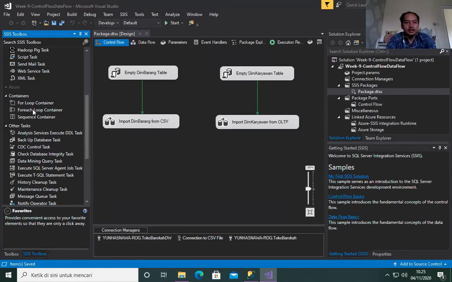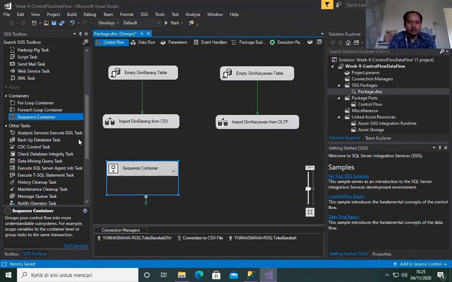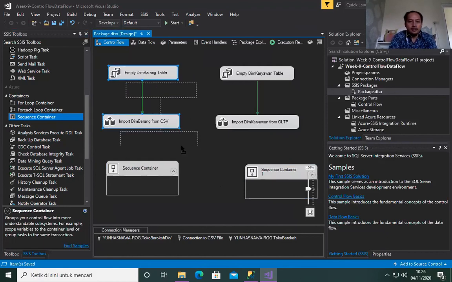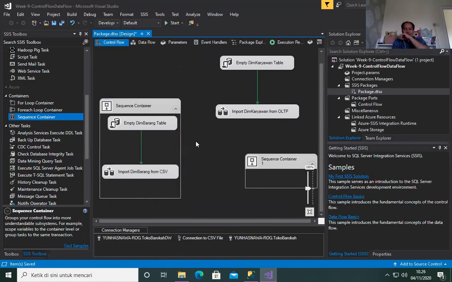But loop container is also categorized into two again: for loop container and foreach loop container. At this moment, we just need to use sequence container. So drag here a sequence container, and then drag one more sequence container, and then you can select this one, and then drag and drop inside the container like this.